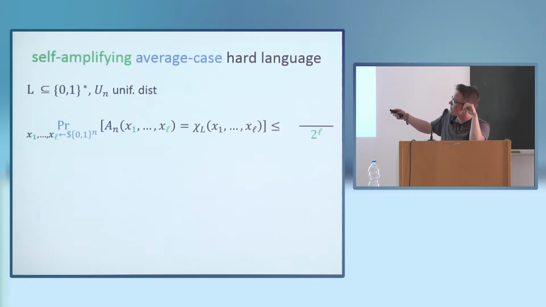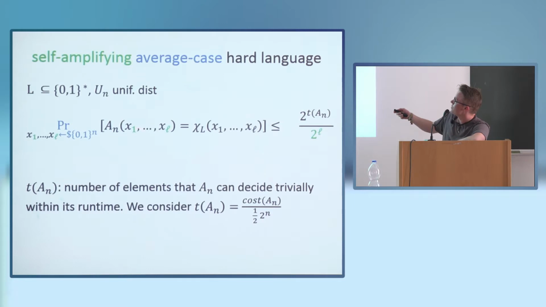And if you sample L instances, then your success probability of getting all the bits of whether x_i is in the language or not should be something like 1 over 2 to the L. Of course, such an ideal result is a little bit too good to hope for. So you might want to take into consideration the complexity of this algorithm. So this algorithm A